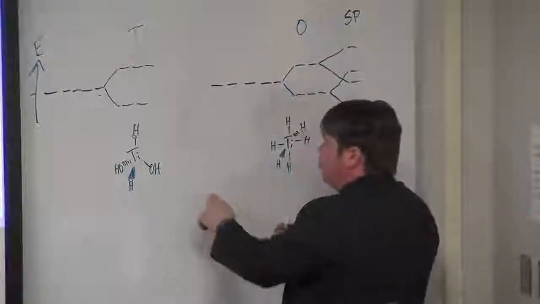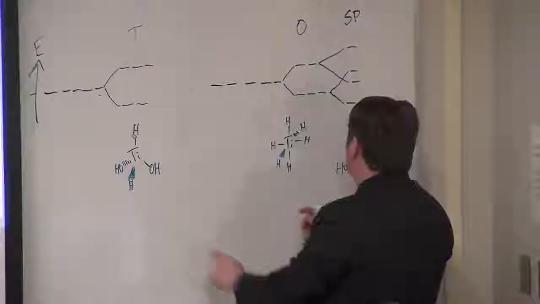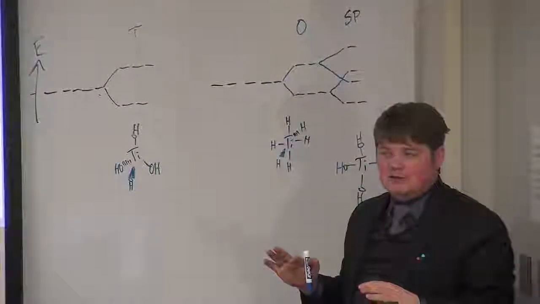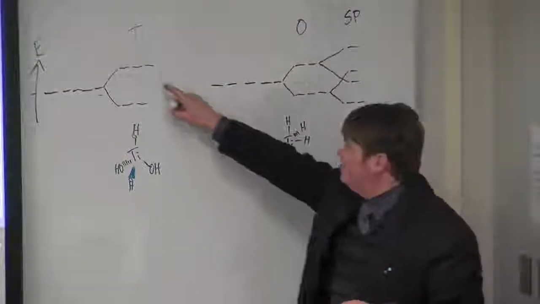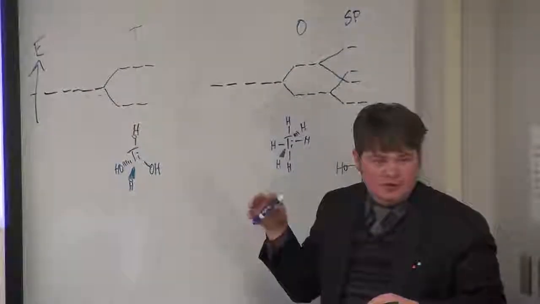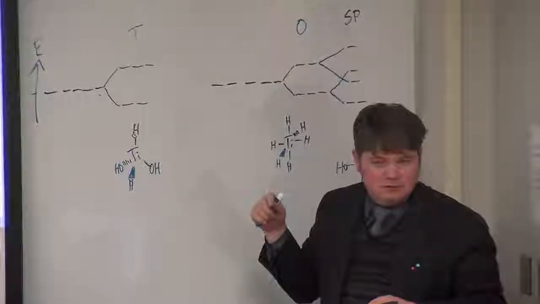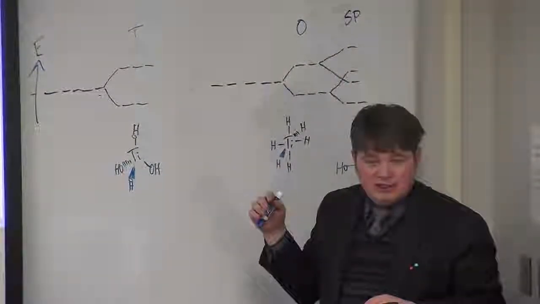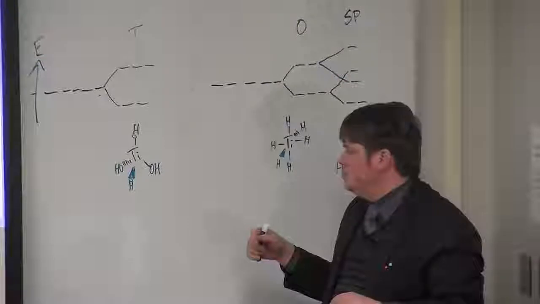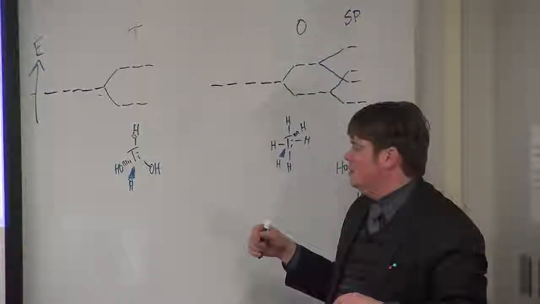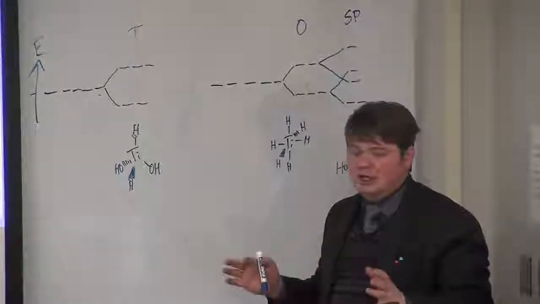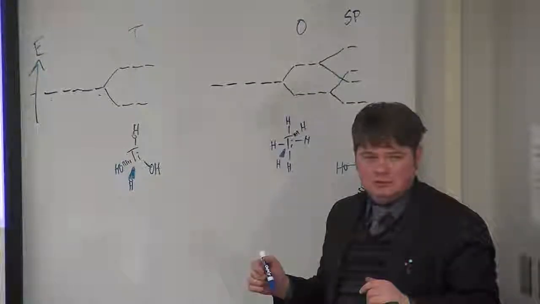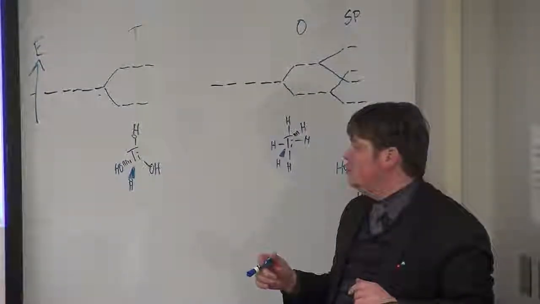Depending on the spatial arrangement of these ligands, one can get very different patterns of d orbital energies. Specific, highly symmetric arrangements are typically more stable. So when we are doing this titanium hydroxide,